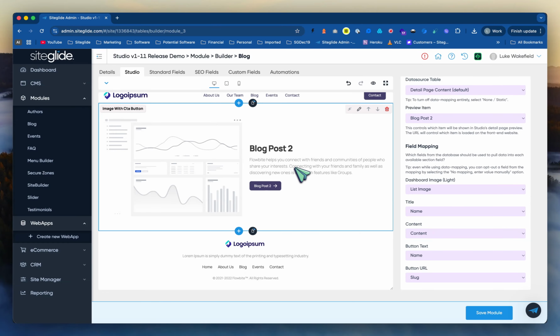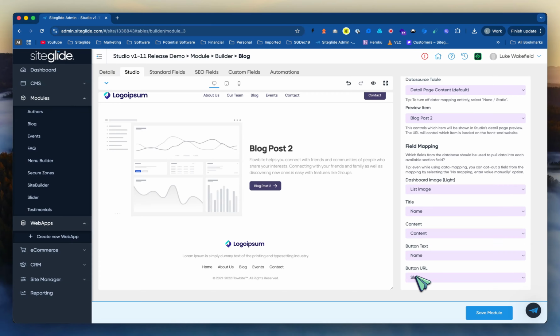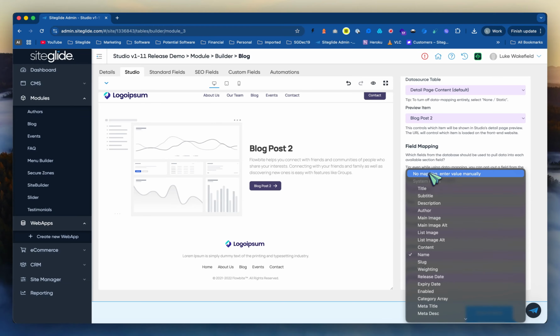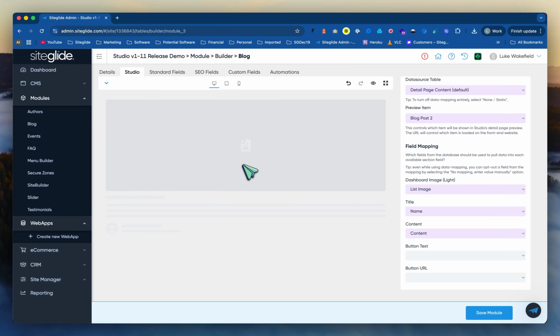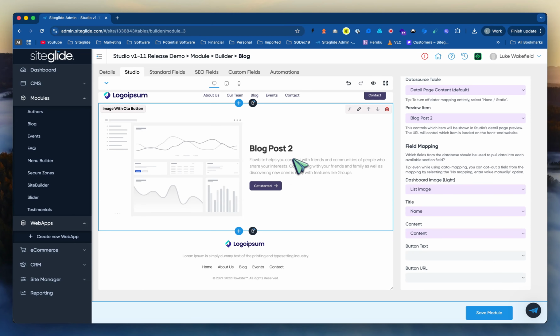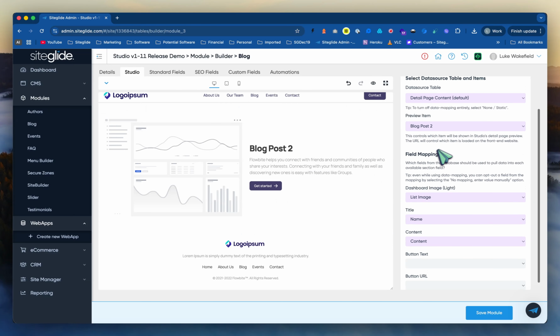So this obviously is going to link to itself. So in this case, you probably wouldn't have a button at all. You would just have the text of what's in this item. So the blog post name, the blog post text, and you'll see the buttons there, but just in a second,